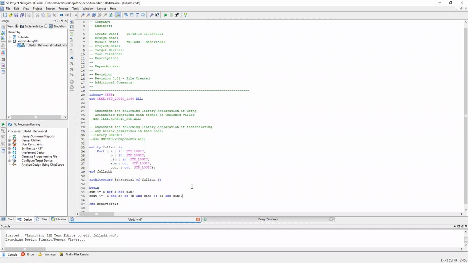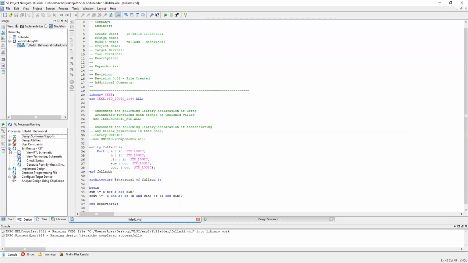So in case of VHDL, there is no compilation, there is a synthesizer which synthesizes your code. Okay. So first of all, you have to save your code. Now here in the left bottom side, there are different options given. There you can find Synthesize XST, right? So you have to click on that arrow. And now here you can see the option Check Syntax. You have to double click on that and it will check the syntax for your code.